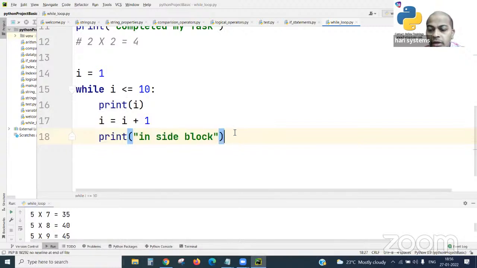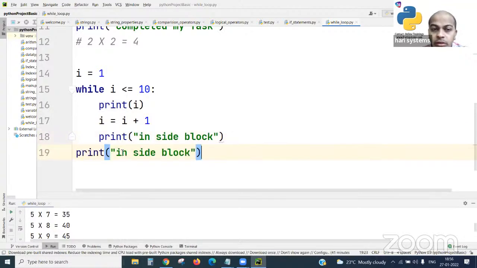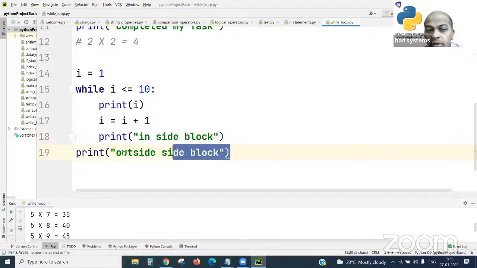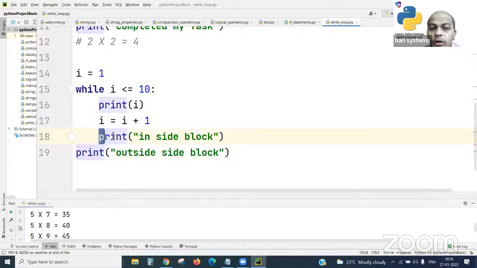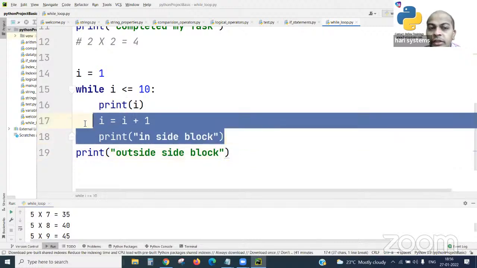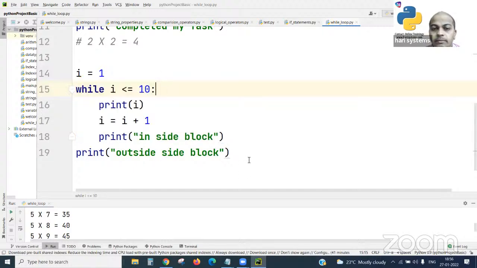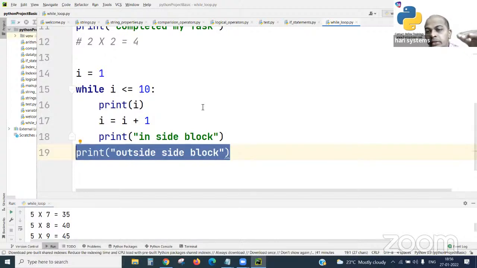And the same way you can write one more line outside the block, like "outside block". See how many times you see each line in the output, then you will clearly understand. The loop keeps iterating through these lines while the condition is satisfied. The outside line will be printed after the loop is terminated.